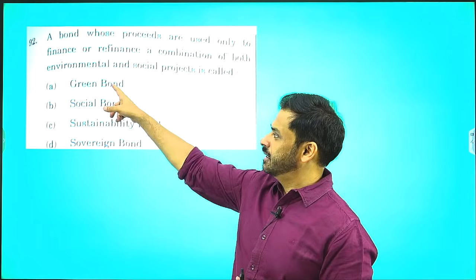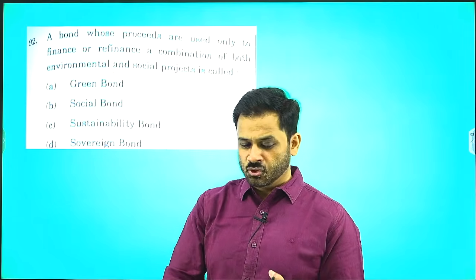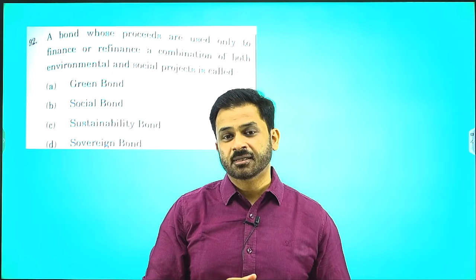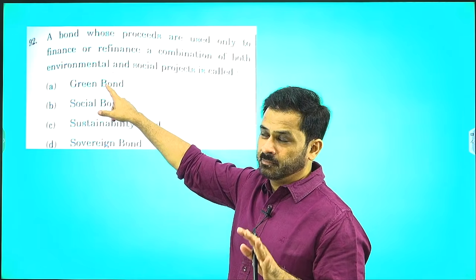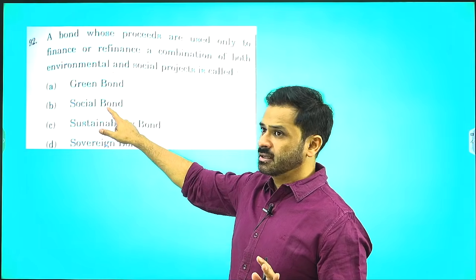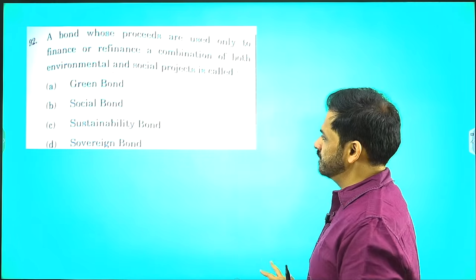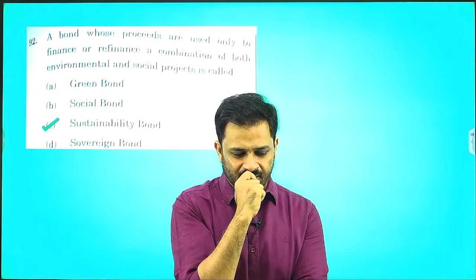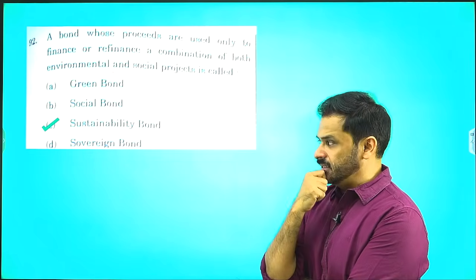A green bond and a sustainability bond, there is a difference. Green bond is where we have floated the bond so as to generate some finances which are to be invested in those projects which will have positive ecological impacts, right? So they are environment friendly projects, whereas a social bond is something which will have a social impact. Sustainability bond is the one which has both the aspects. So the answer for this is sustainability bond. Obviously sustainability here has been considered a broader aspect, not only environmental but also social sustainability.